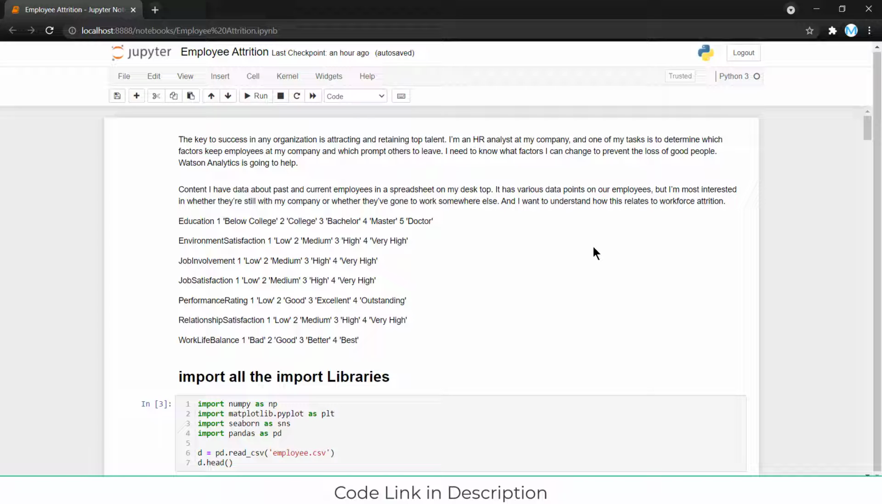Before I start the coding, let's try to understand our data. Basically, you are an HR analyst and you want to determine why your employees are leaving the company, what reasons are affecting them, and which people are leaving from which departments, etc. In your data set, these kinds of details are given: education, environment satisfaction, job involvement, job satisfaction, performance rating,